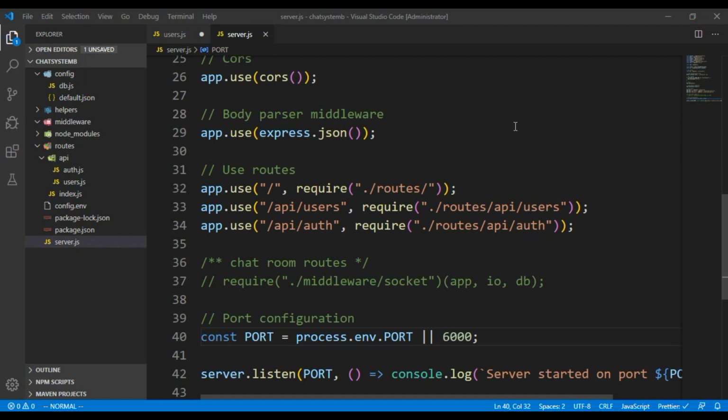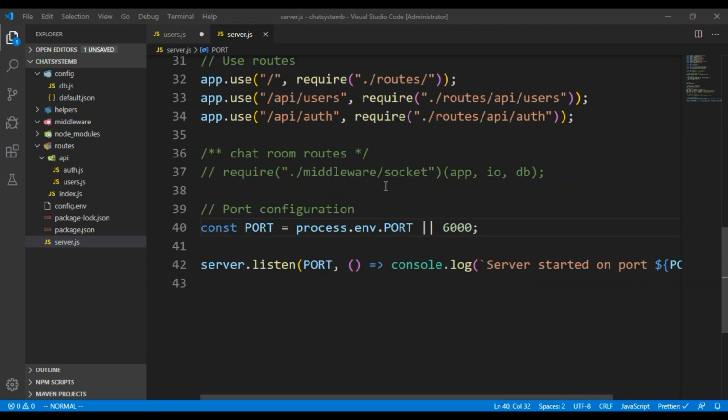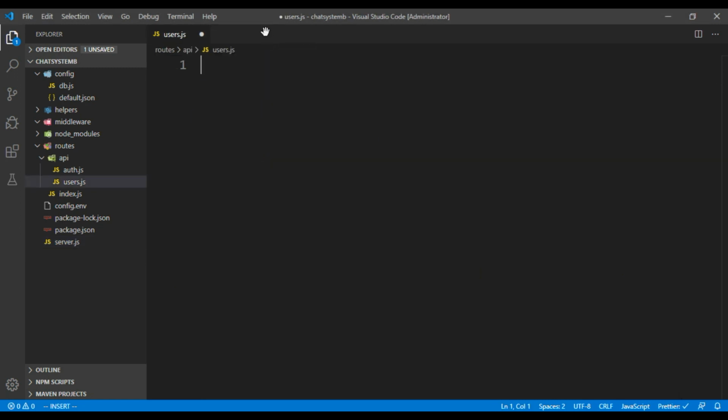In the last part of the video of this series, we talked about how we can set up a simple Node Express application for our backend based on what we are doing for the chat room application. So this was where we ended it the last time. So in this section, we are going to talk about how we can handle the registration route as well as